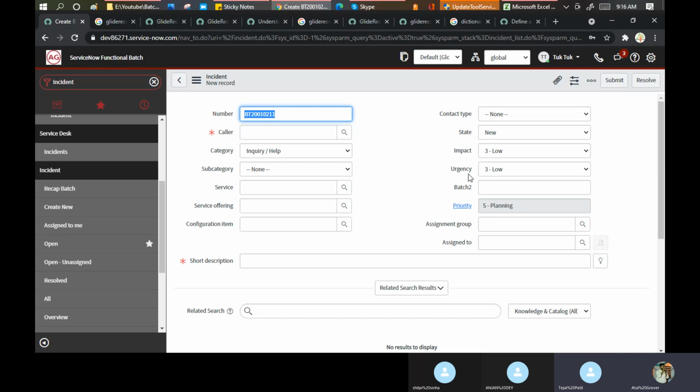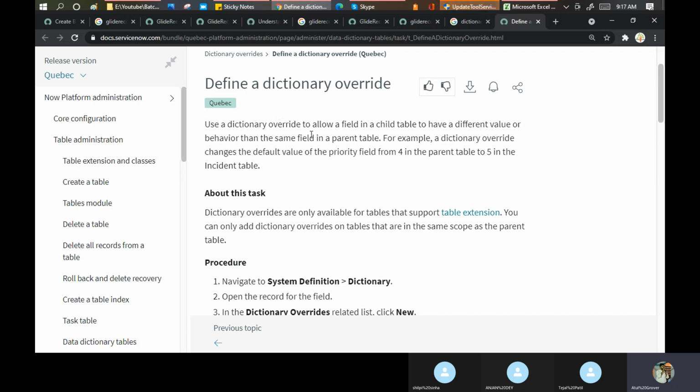Because in the task table it is defined as 3 and 3 only. But my customer has a requirement, and that is a very genuine requirement, that in my area no incident should be P3. Always the default incident impact and urgency should be P4. How can you make a change? You can use the dictionary override for this.